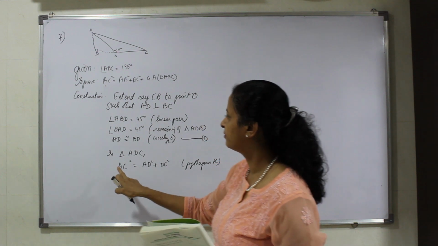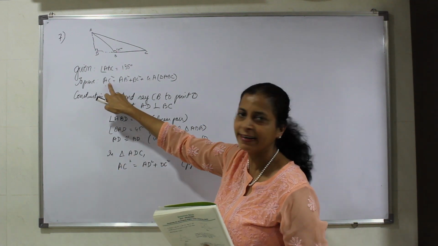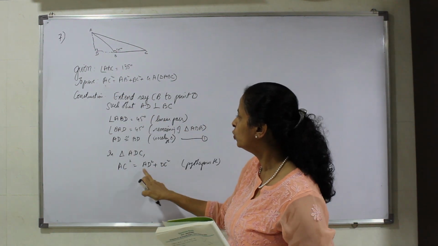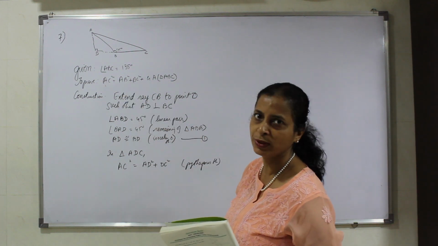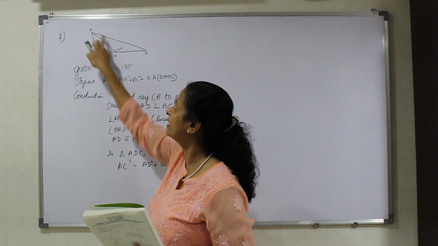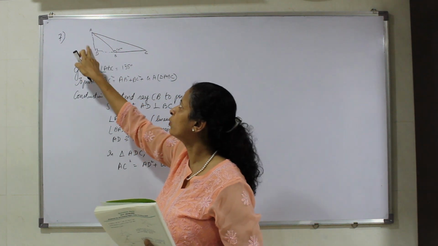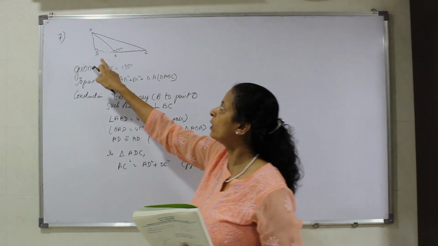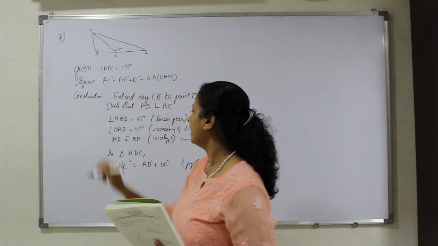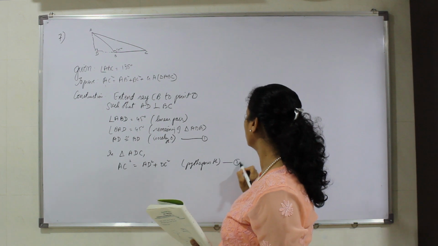Now, if you ask yourself, is AC square there in my final proof? Yes, we have it. Do we have an AD square here? We do not have it. How do you knock off this AD square? And so I can go to the triangle ABD. I couldn't have gone to the triangle ADC because I've just taken it here and made it.